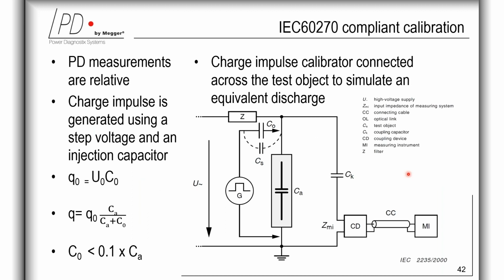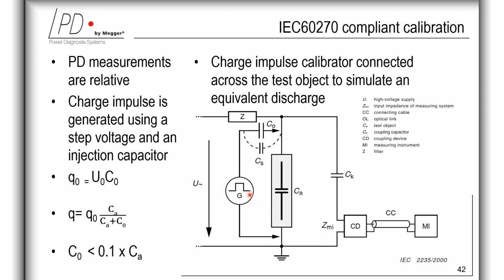So before talking about the testing methods, I would like to start with the IEC 60270 compliance calibration procedure. Partial discharge measurements are relative in terms of charge magnitudes, and they are also not absolute measurements. That means the PD detector is calibrated in the circuit with the test object with a calibrator of known pulse